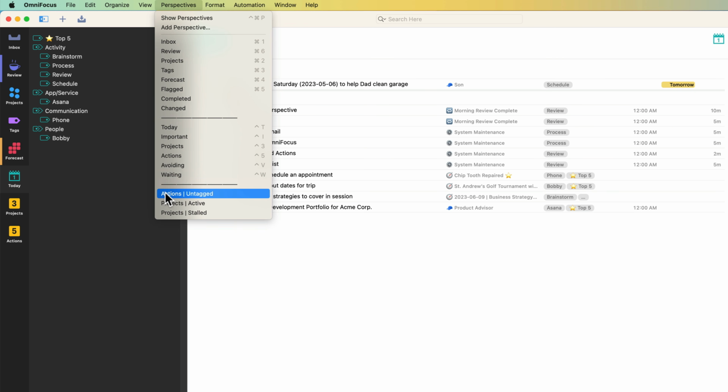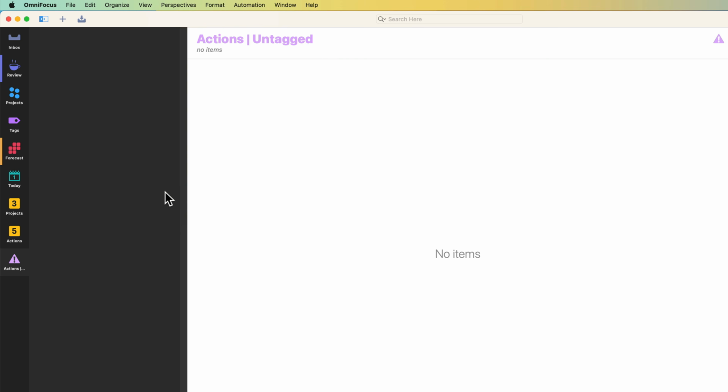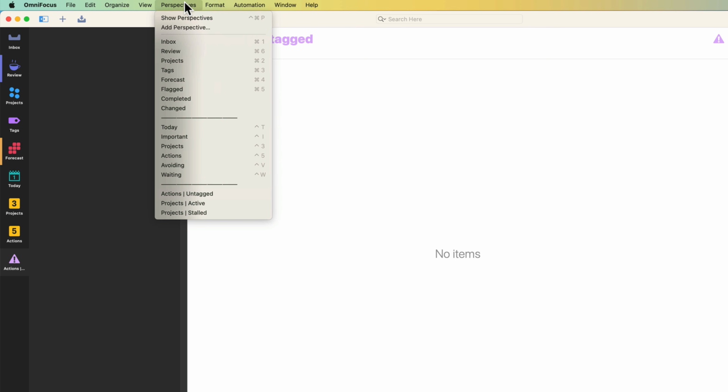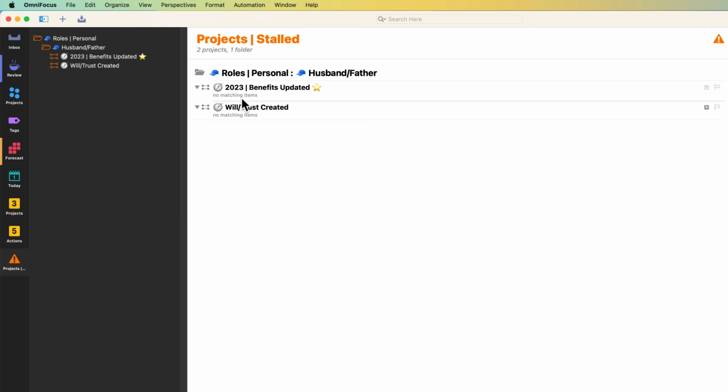I also find it's very useful to make sure that the system itself is reliable, it's up to date, things aren't going to fall through the cracks. So if you decide you want to put a tag on everything, it can be useful to have a quick perspective to see, is there anything that doesn't have a tag? Similarly, you might have some projects that are stalled. So that means there's a couple of projects in here where there's a defined outcome, but there isn't an action to move it forward. So this is a really quick way to just go in there and say,